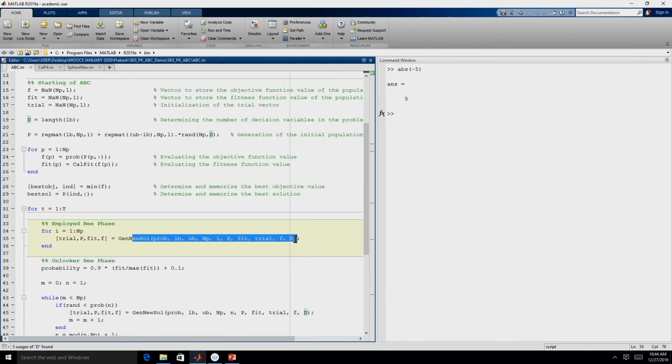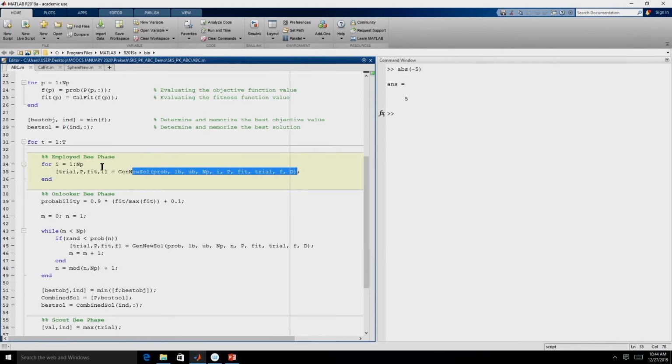So, that is what we are passing to this function GenNewSol, right. And what we are expecting back from GenNewSol is the updated trial vector, updated population or the updated food source, the updated fitness and the updated objective function value.